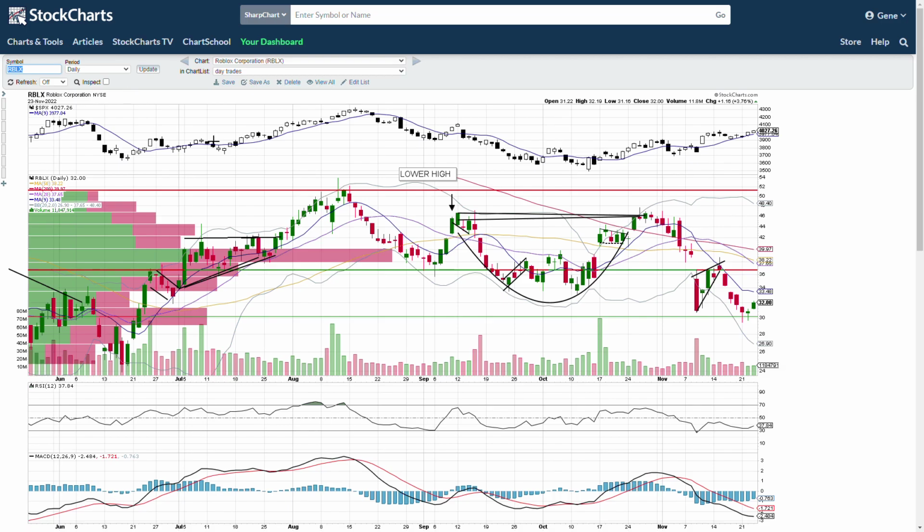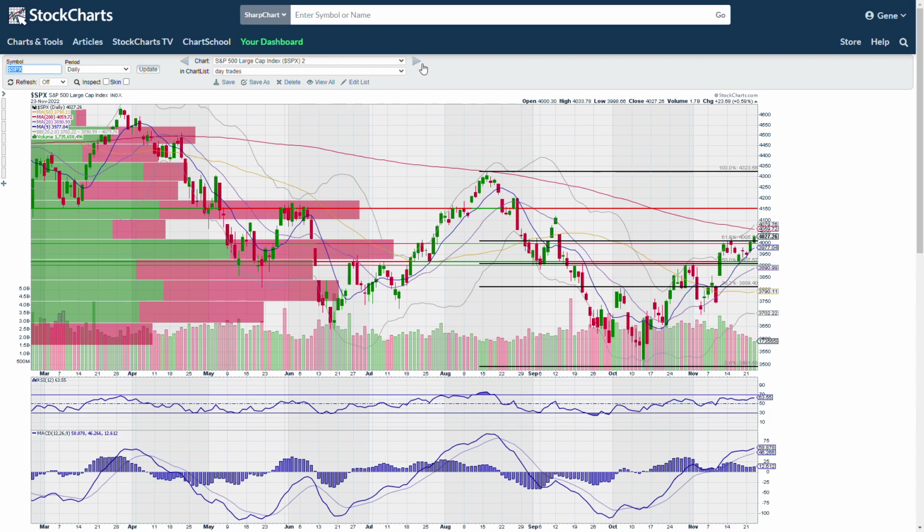We have Roblox down here looking for a move back up to the 9, see how we act there. Possibly when we get back to the 9, it's just going to be another bear flag. I say we're looking for more trending moves than support bounces right now. You have SPX. This is the fib levels. We have taken out the